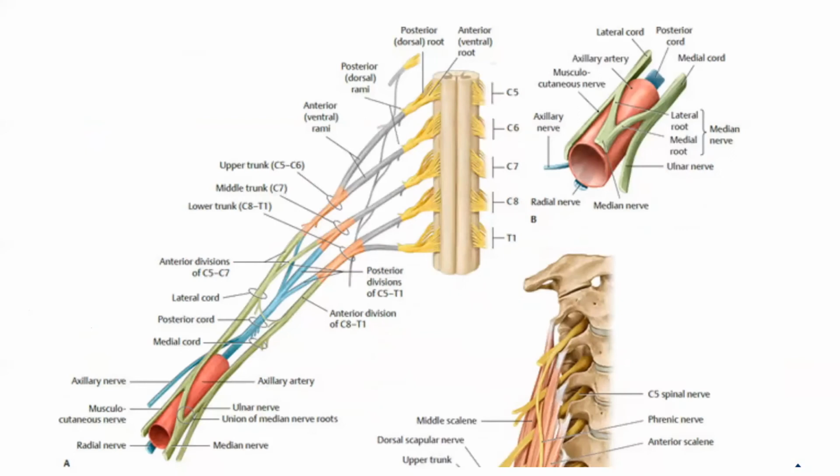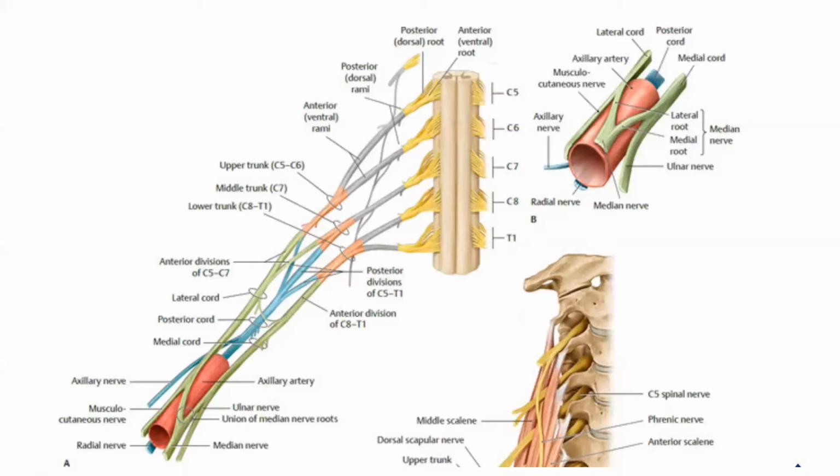Next plexus is brachial plexus. The brachial plexus is formed by the junction of the ventral branch of the spinal nerve from segment C5, C6, C7, C8, and T1. Sometimes in some literature, you can see that they are adding the C4 as well. The brachial plexus is a very important plexus and its main function is to innervate the